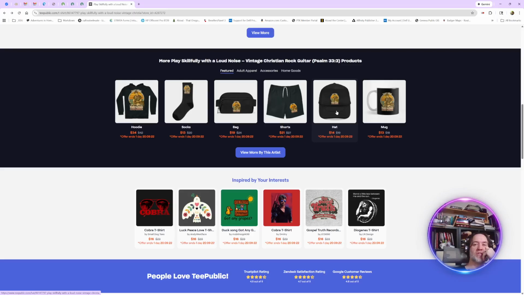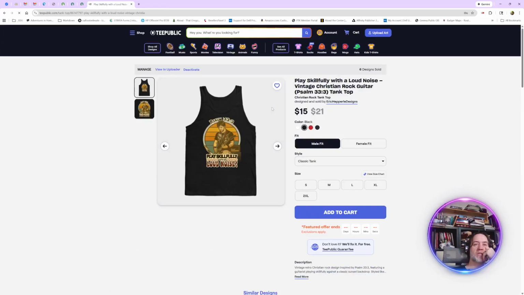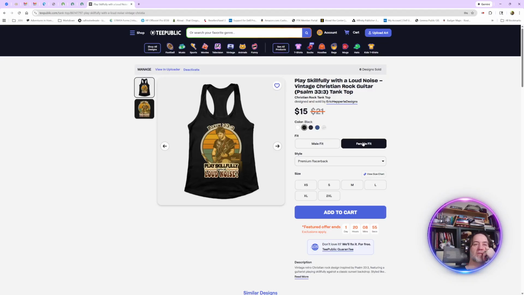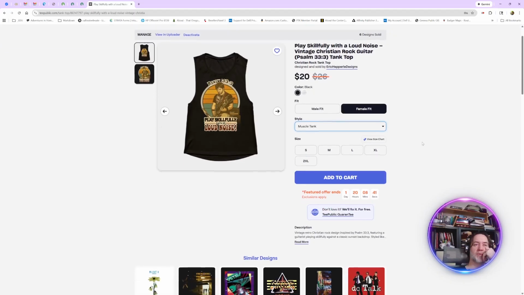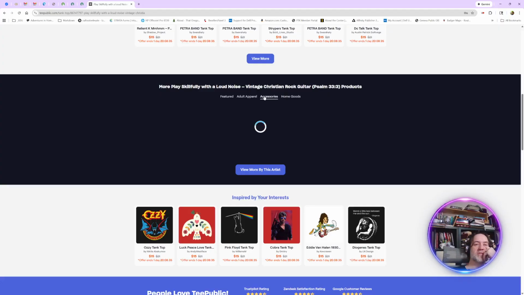I ordered a hat, and you get the hat in white. And I ordered a mug. And then see, here's more categories you could do. Adult apparel. There's a tank top. Now, if we go in there, there's a female tank top also. Okay, so there's a premium racerback. So I think that means it's like a running thing. Now, a female muscle tank. What's that? Oh, okay. No. That kind of looks like it'd be showing a lot of side boob. But anyway, so if you go to accessories then,